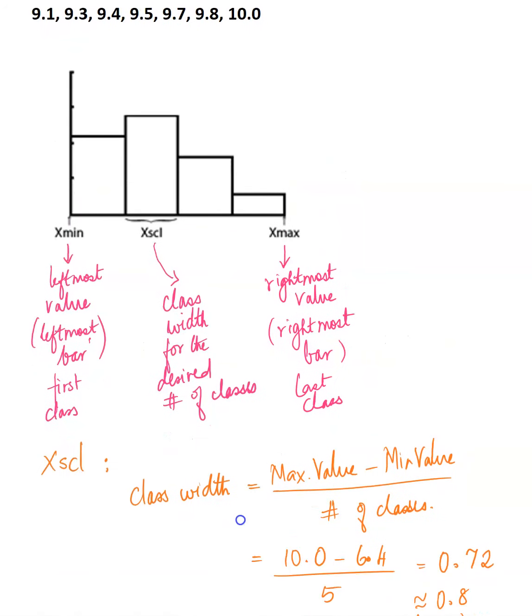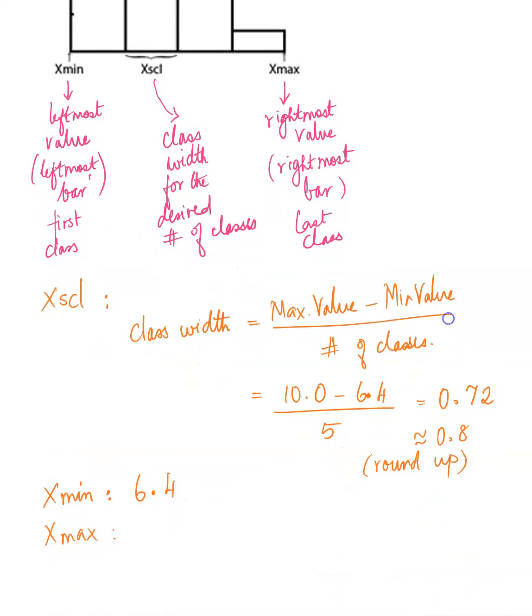But 10.0 is matching with one of the values. Now 6.4 is the lowest value, so you can actually set it even to 6, but here X min is 6.4. For X max, we have a small calculation to help us get a better